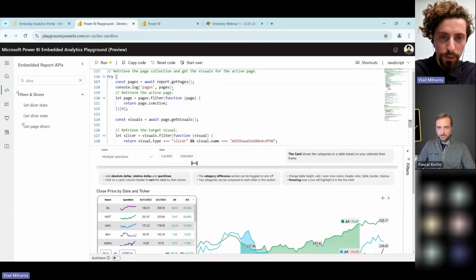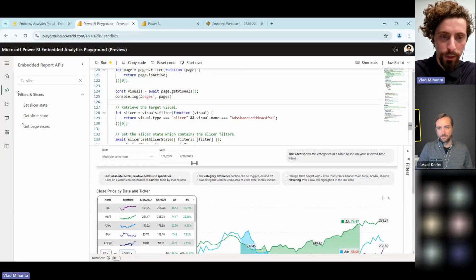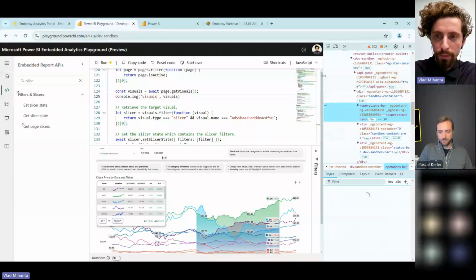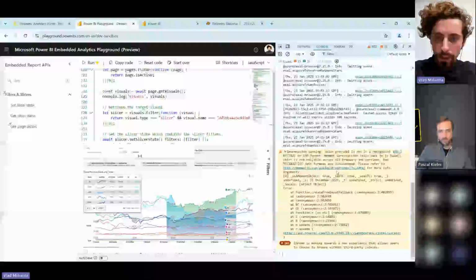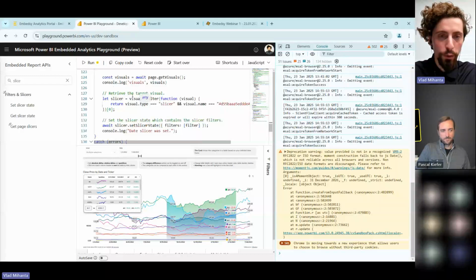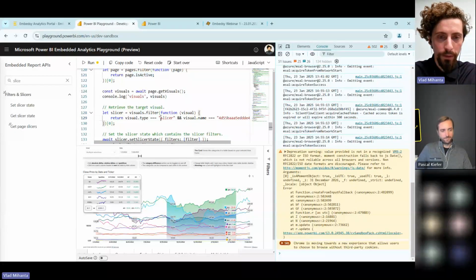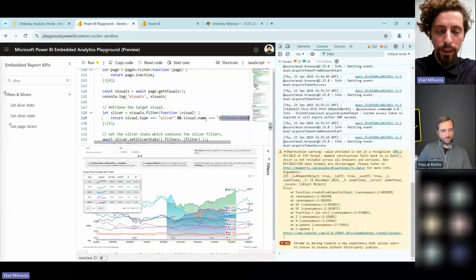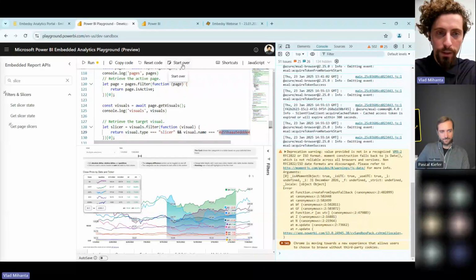And also, let's console log the visuals. You also get the visuals on the page. Inspect, go quickly to the console. And once I run this, we should see the pages here. So what this does briefly is it gets the pages, it sets the active page, and it goes to the active page, and then it selects the visual with the type slicer and the name of this name. I'll show you a bit what that name is. Let's run this,